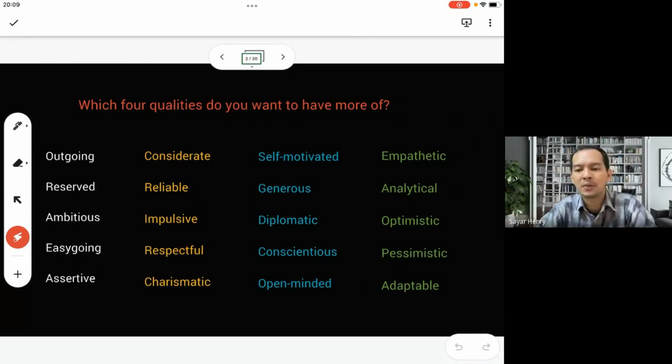Oh, I think I saw someone put it in the chat. Yes, that's correct. Friendly, sociable, that is an outgoing person. When you are around an outgoing person, you feel comfortable because they do the job, they do the part of getting the conversation going. So that's a good quality about outgoing people.